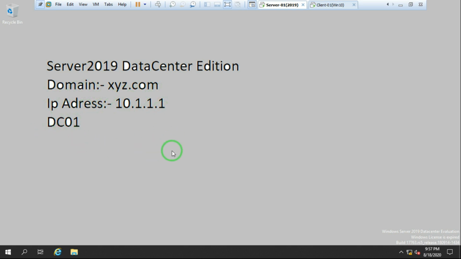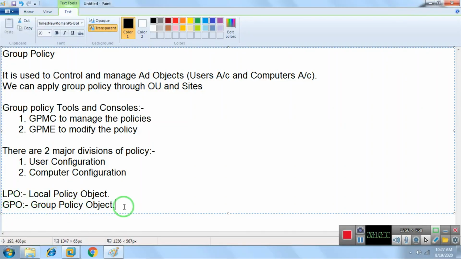Once I convert my server into a domain controller, what happens? We have group policies after that, and group policies override the local policies. Remember, when I install a server OS on a system, virtual machine or physical server, local policy is working by default. Once I promote that server as a domain controller, group policies override the local policies. After becoming a domain controller, local policy is not working.